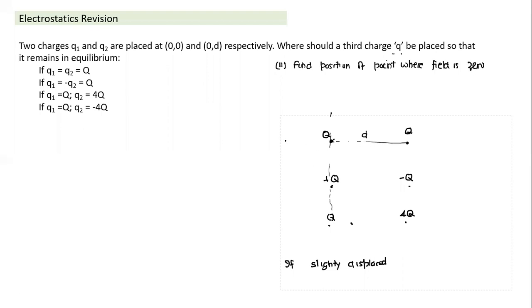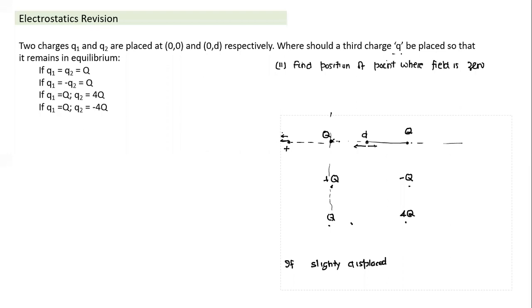First of all, the point where force can be zero will only lie on the line. So first we need to check: if I take any particular point and place a charge there, and these two charges are the same sign, if I place the charge outside the line joining the two, the forces exerted by both will be in the same direction. If it is a positive charge and both are positive, both forces will be repulsive. It cannot be zero. So when both charges are of the same sign, the field can be zero only somewhere between the two charges, because only in between are the directions of the fields opposite when they are of the same sign.